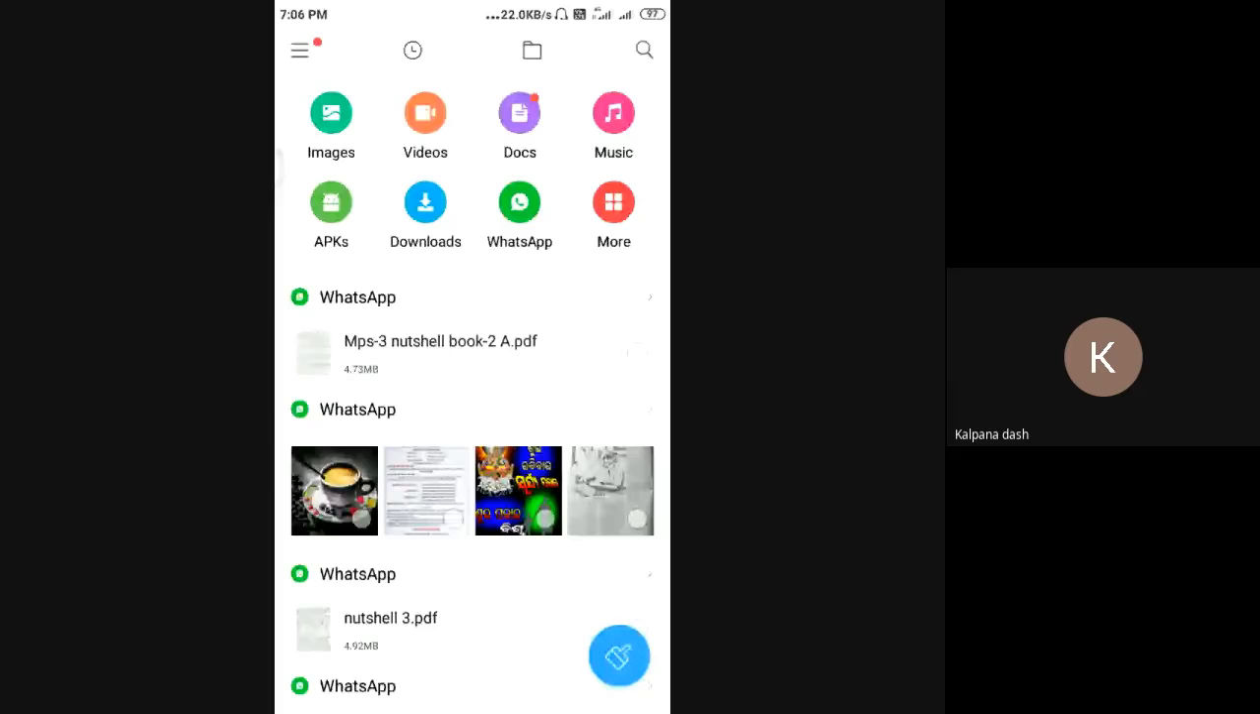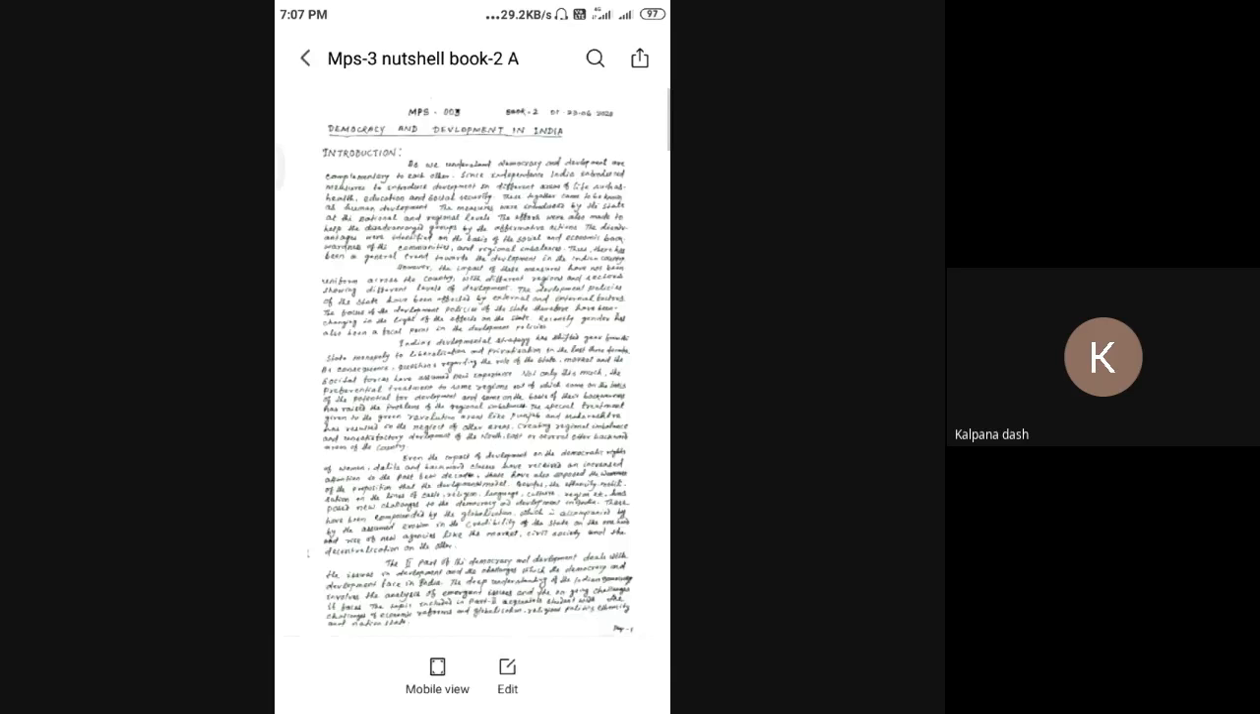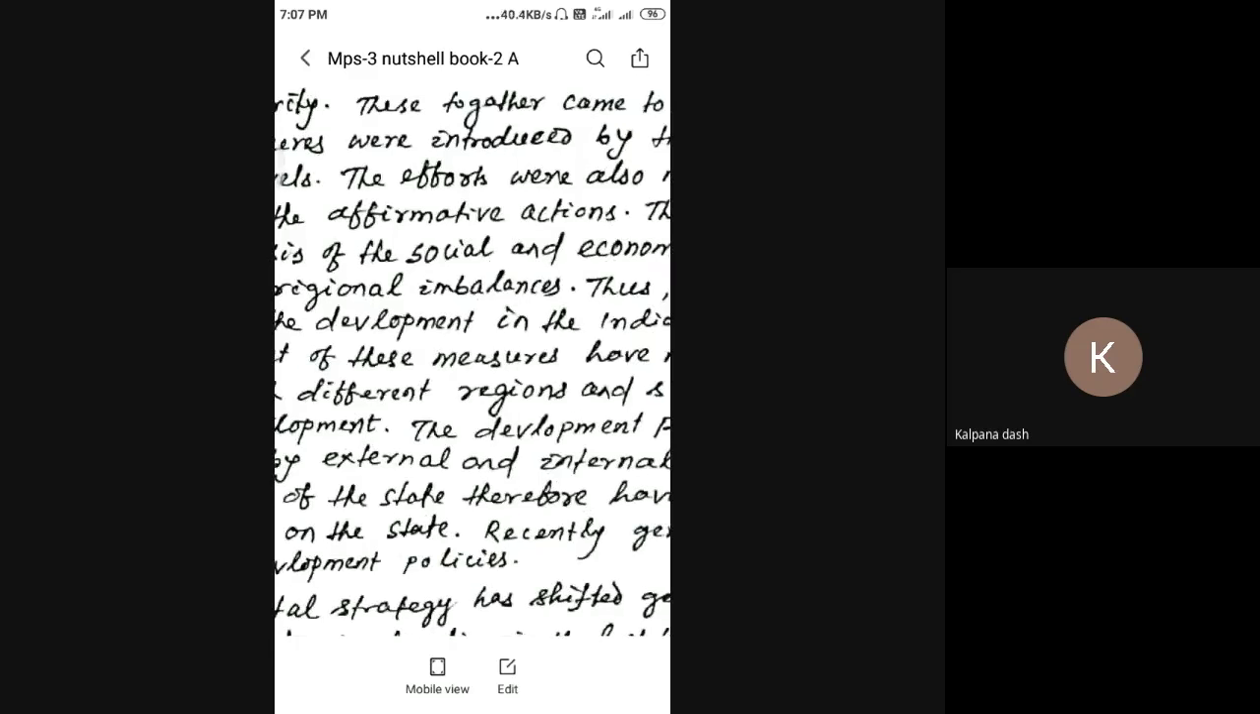So today we will discuss one part of this Book 2, that is units 19, 20 and 21. Unit 19 contains human development, health, education and social security. Unit 20 will cover gender and development. Unit 21 is regional imbalances. My dear friends,